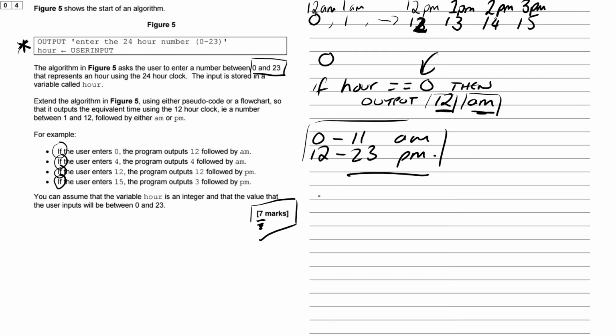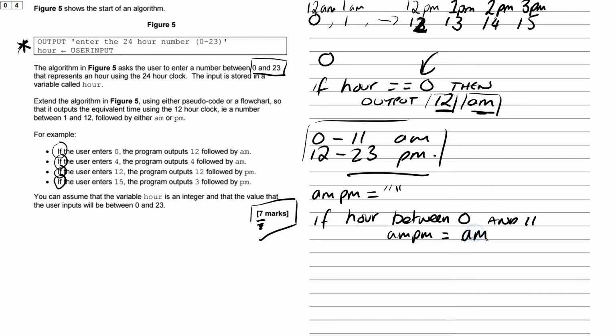So I've got here 0 to 11 is AM, 12 to 23 is PM. So I could do a check first of all, just to see whether it's AM or PM, and store that somewhere. So I could have a variable and call it AM, PM if I wanted to, and I could just default it as some string, and I could do if hour between 0 and 11, AM PM equals